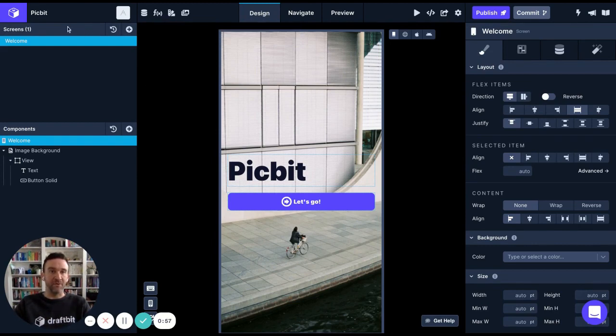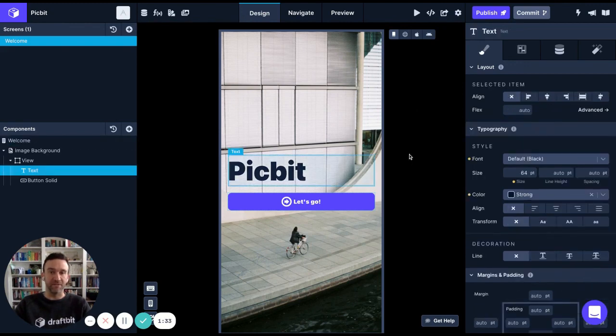In design mode, you have an area that lists all the screens in your app, and below that, all of the components on the screen that you have selected. In the middle of the builder, you've got a draft view window where you will lay out your components. And then we've got preview modes for web, iOS, and Android. And you control the styles, configurations, and other properties of the components in your app using the right-hand side properties panel.